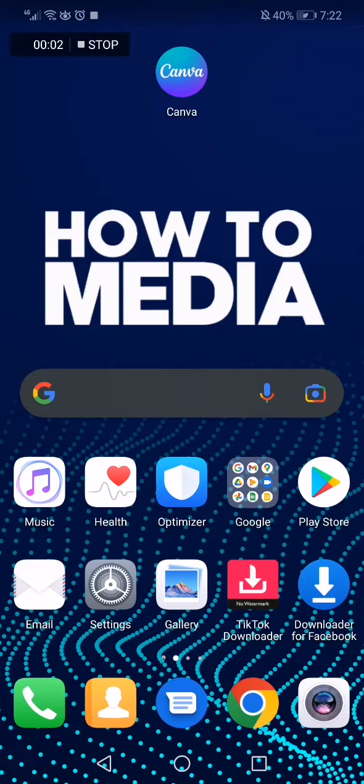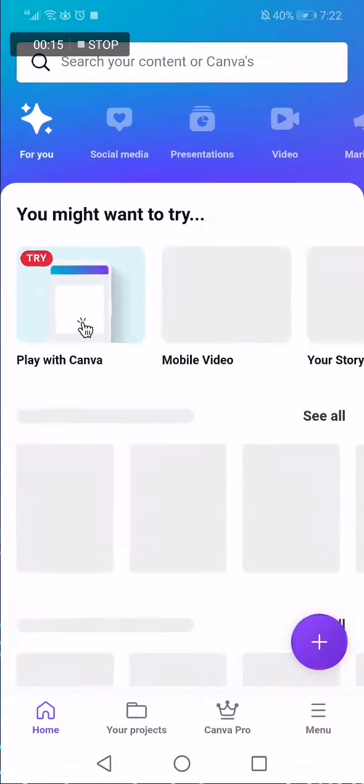How to make a logo fast with Canva app. Hello guys, in today's video I'm going to show you how to make a logo fast with Canva app, an easy and fast method. So all you have to do is go to Canva app like this,